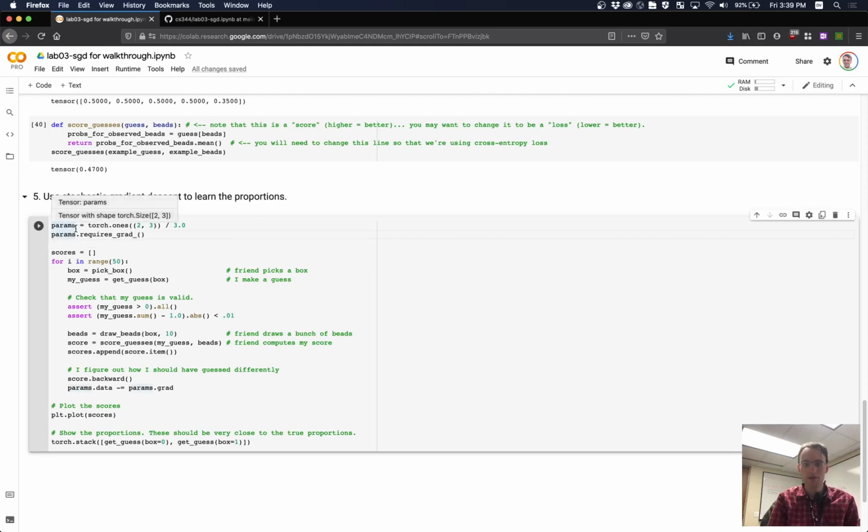So the first thing we're going to do is redefine these parameters, but we're going to define them in such a way that we just initialize them to a reasonable value to start with. We're going to start with 1, 1, 1, divide them by 3 so that each box has 1/3, 1/3, 1/3. And then we set the requires_grad parameter on params so that when PyTorch is running through all of these calculations based on these parameters, it's going to keep track of the adjoints, the functions that it's going to need